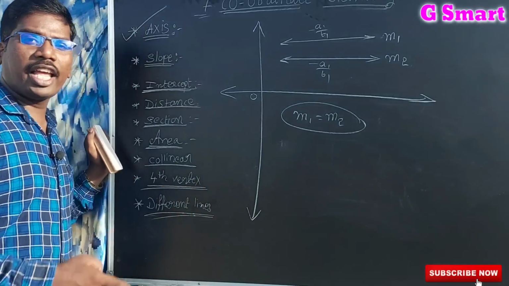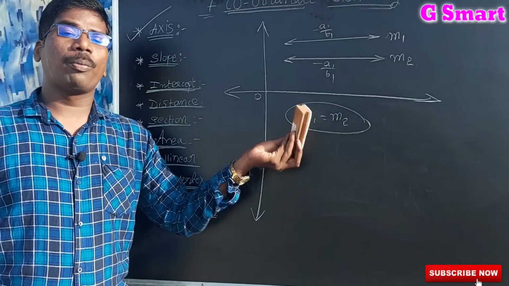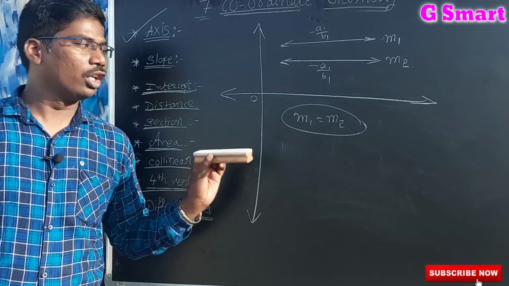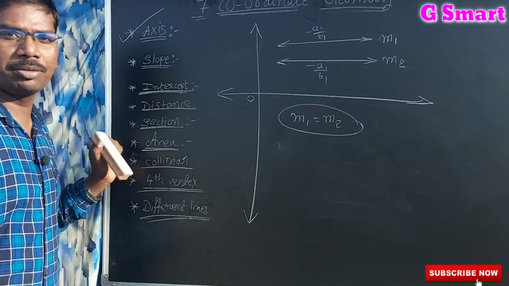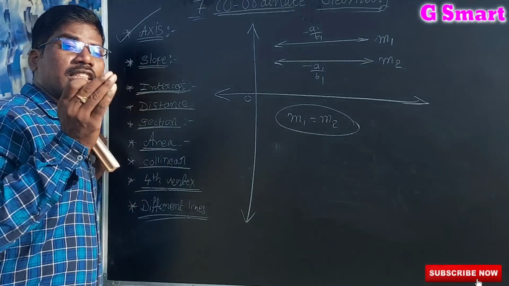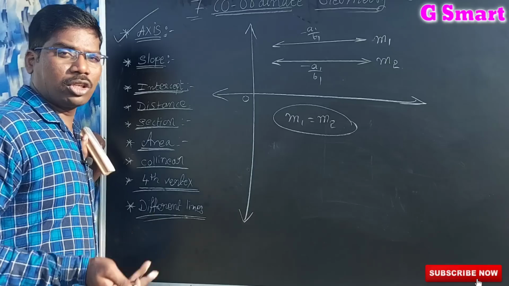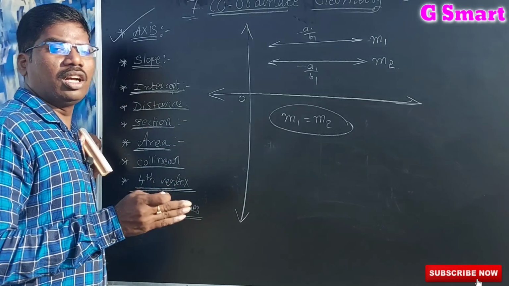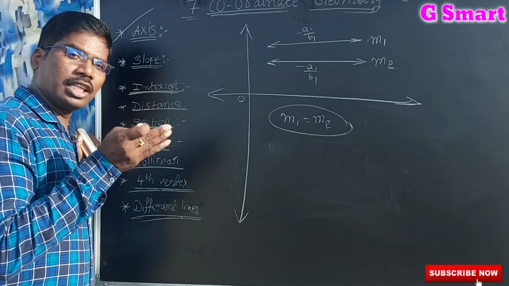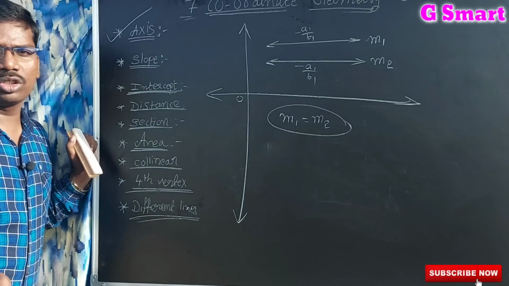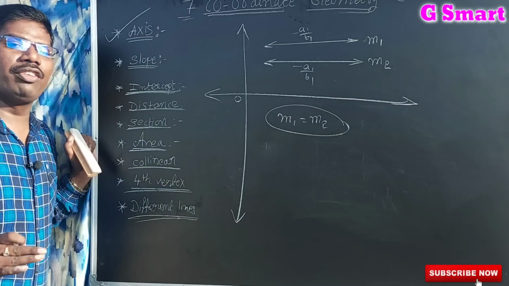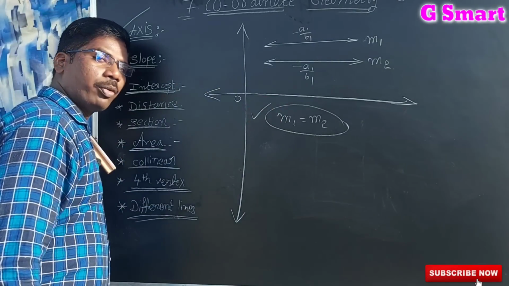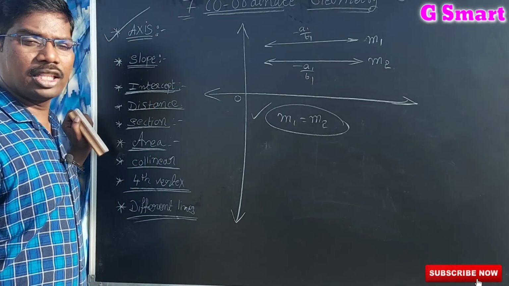In the polyset they have given a question about this. They asked to find the slope of the line which is perpendicular to the given line. So for this purpose you have to remember this concept. We don't say only the 10th syllabus will be coming; 10th-related syllabus also will be coming in the exam. So we have to remember the previous syllabus and the coming syllabus also. We have to know each and everything. Now, if two lines are parallel, then the slopes are equal. This is most very important.